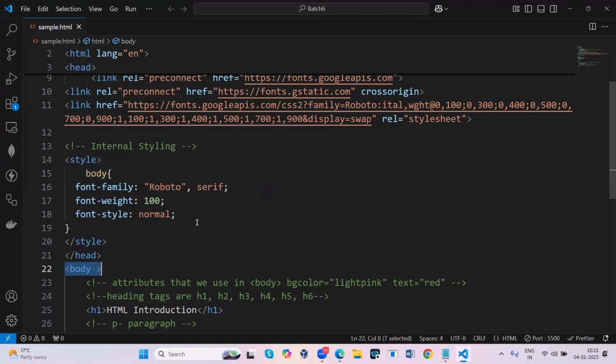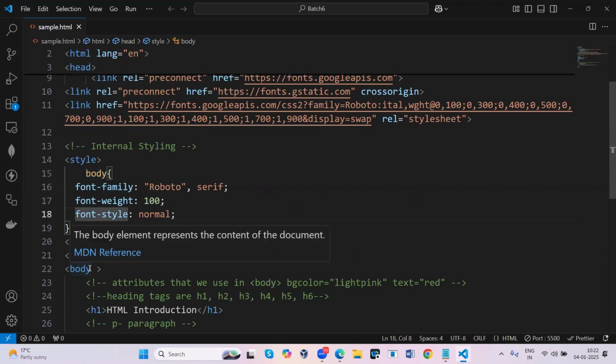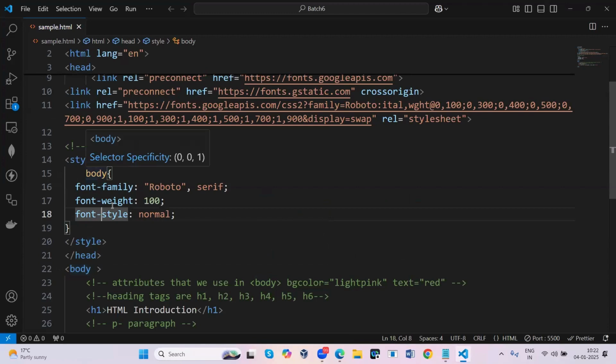There are different types of selectors in CSS, like element selector, ID selector, class selector, group selector, universal selector. All that we will discuss in the coming classes. As of now, we just discuss the element selector, which means you are doing styling for a specific HTML tag, with the help of the identity of that HTML tag.